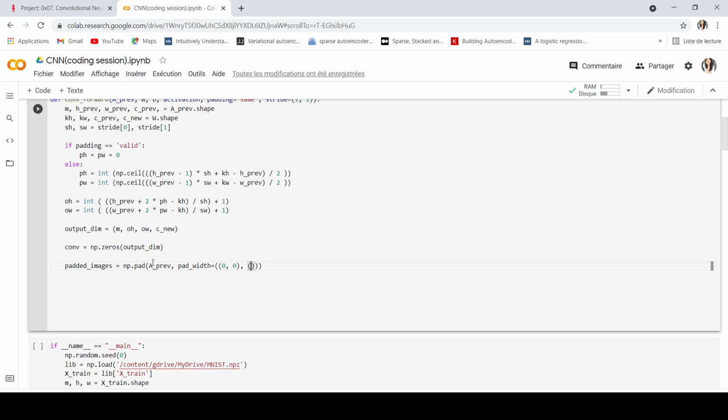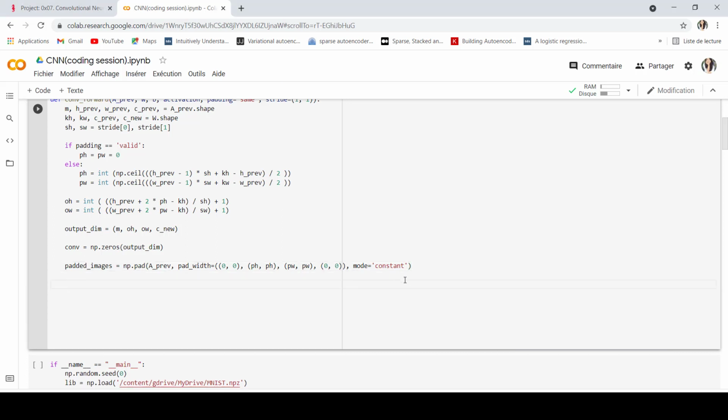Now I'm going to add the padding for the height, for the width, and now padding for the depth. Now the mode will be constant because I'm going to add a constant value, and it's going to be 0 by default.